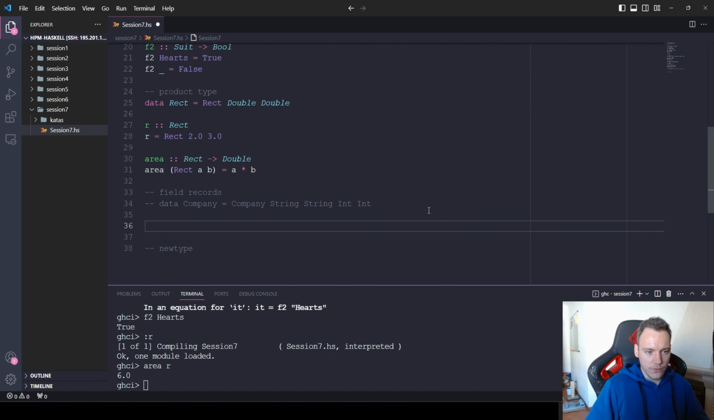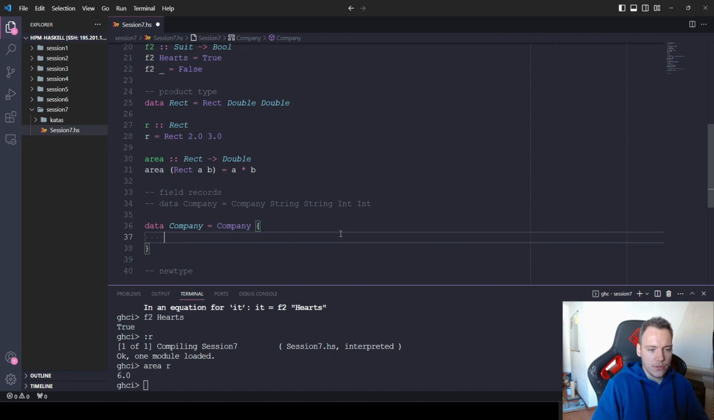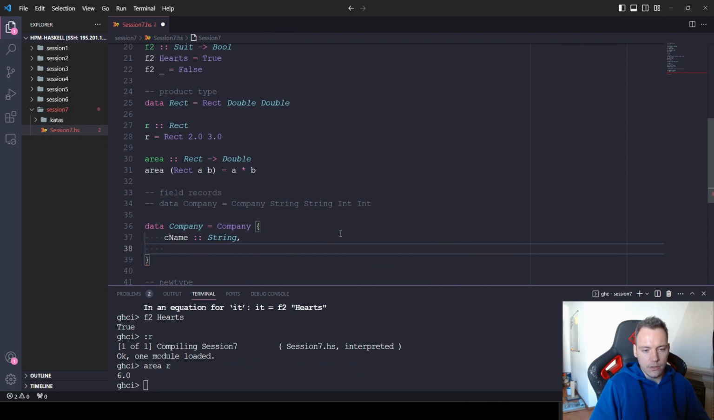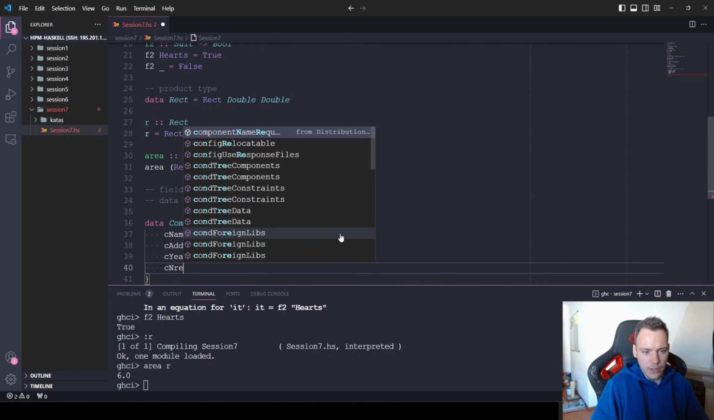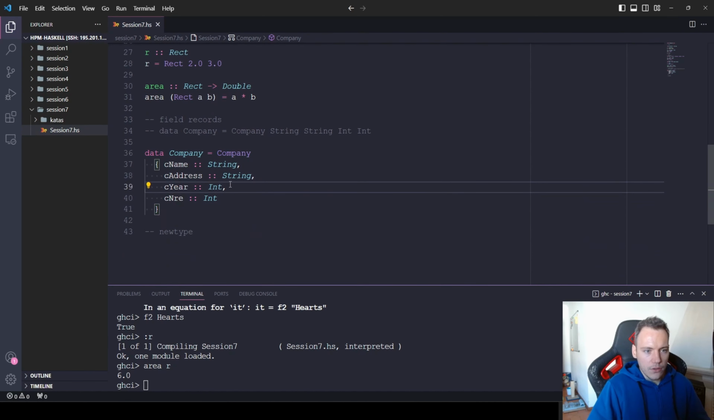much more intuitive and better to read if we define data Company with field records. So then again, we say data Company, it lists the data constructor Company, but in this case we open the curly braces and we name each of the fields to give it an intuitive name. So in the presentation it was cName, which is a type of String. Then the Company data constructor also needs a cAddress, the company address, also in the format of String. And then the integer is a company year of foundation, and it was cNre as number of employees. Okay, now again, our Company data constructor accepts 4 arguments, same types as here, but it's much more clear what